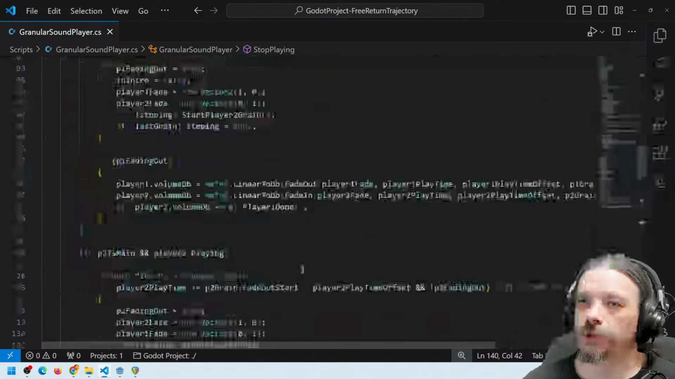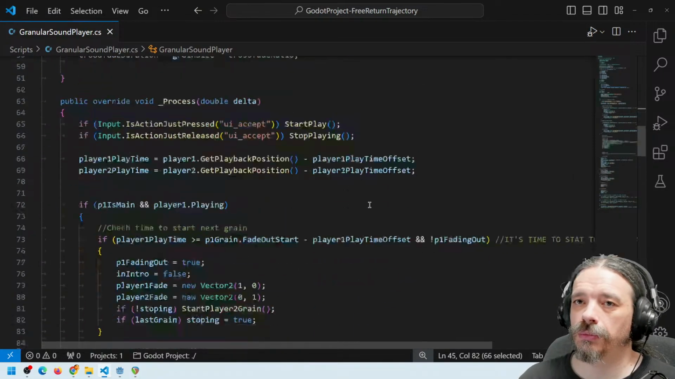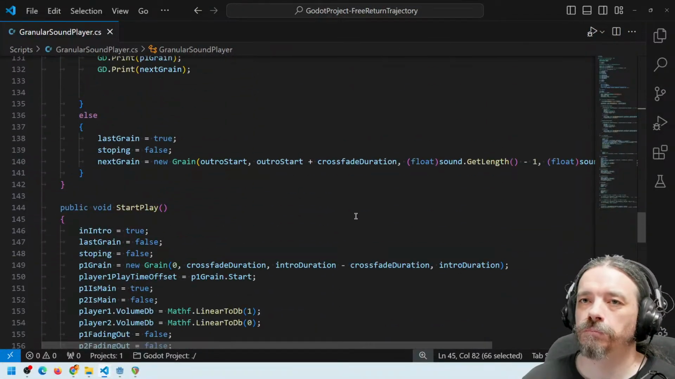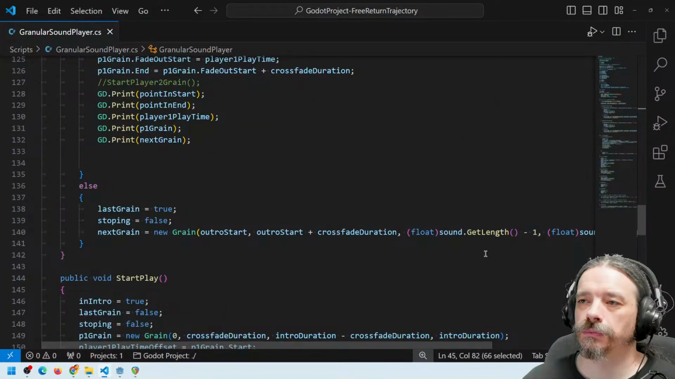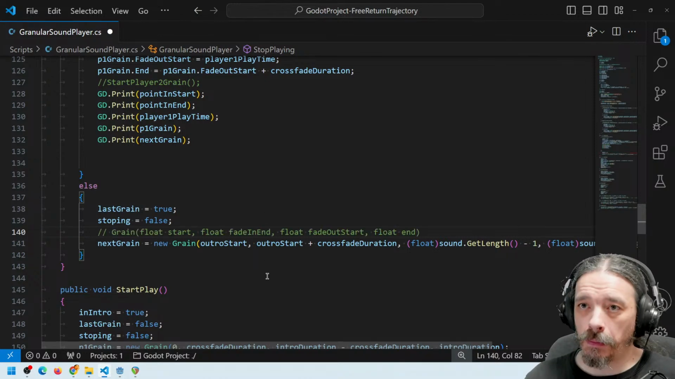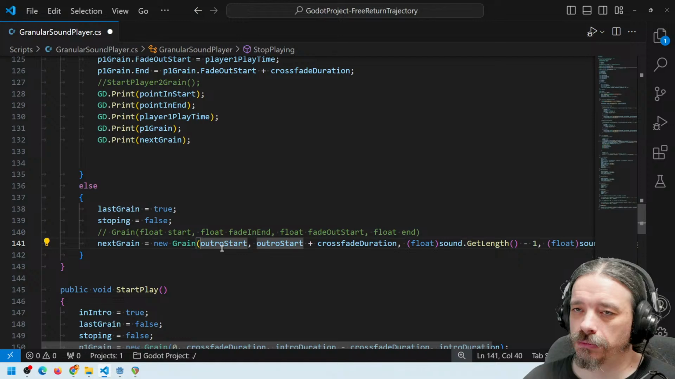The grain has what? Let me copy the grain here. The grain is, just for me to remember, where's the stop? It's here. So the next grain will be the start, auto start, okay. Next will be the fade in,